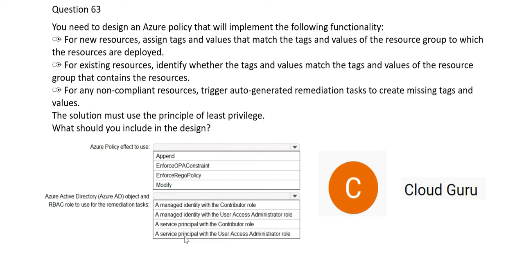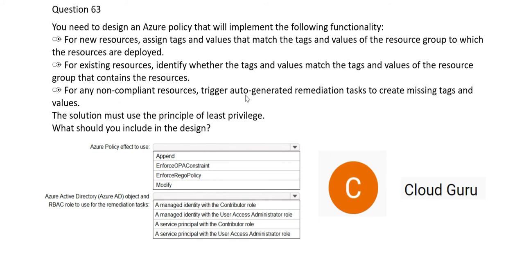So this question is about the Azure Active Directory object and RBAC role to use for the remediation task. So for example, for existing resources, you found that the tags and values are not matching and these are non-compliant resources.